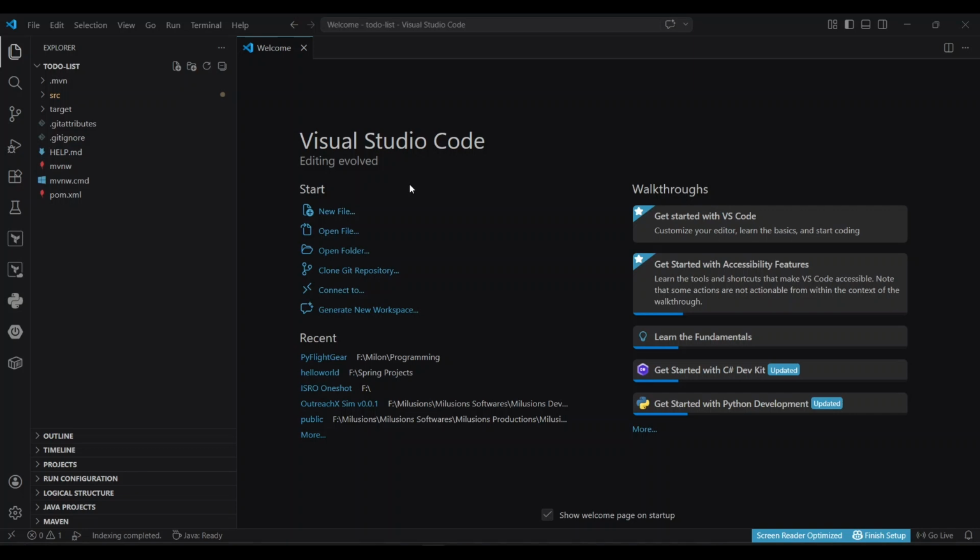Welcome back. Today we're going to be adding two extra features, that is modifying the to do as well as deleting the to do. So let's jump right in. So let's go to our source folder, and in our Java, if I can get that,